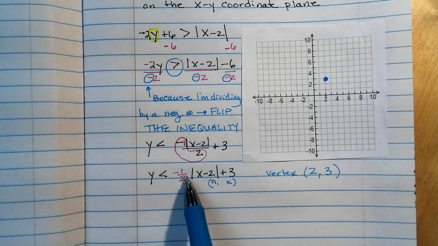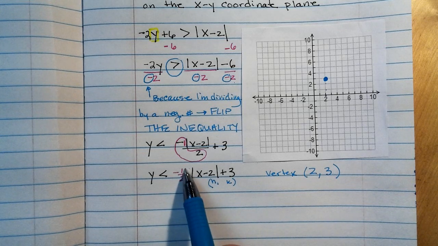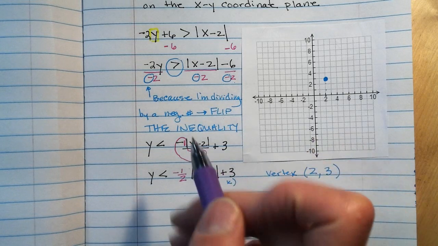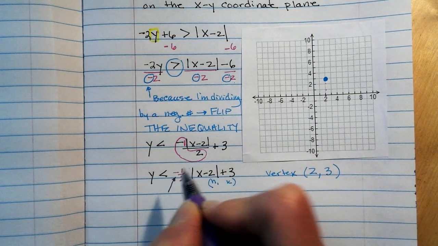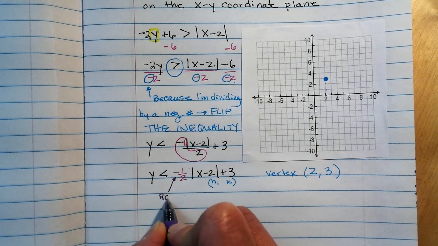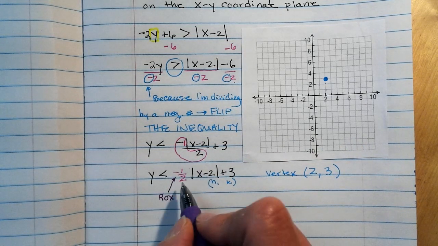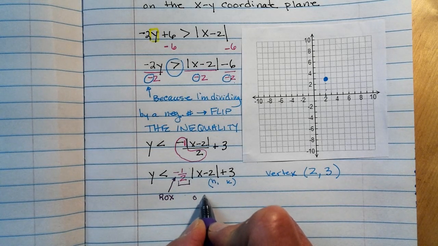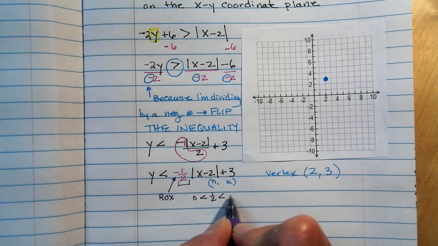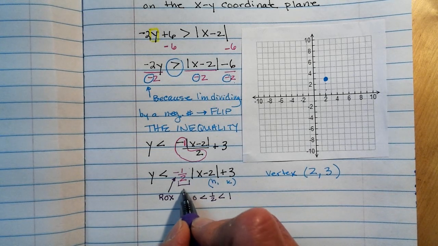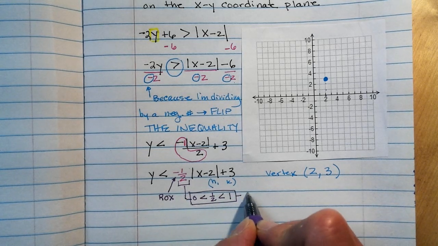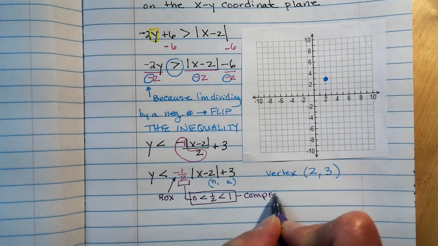And then I also know, because this is between 0 and 1, that I have a compression. So let me just write those little notations here. So here, this means I have a reflection over the x-axis, and this here is where 0 is less than 1/2 is less than 1, so I know that this follows that rule. So we'd say compression